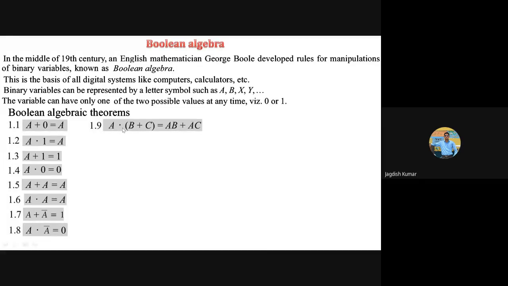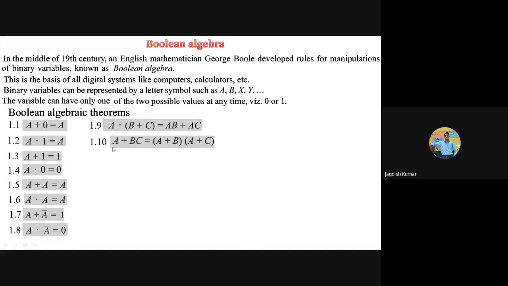So what will be the corresponding theorem? Now let us apply that idea. We replaced AND with OR and OR with AND, right? So what will be the result? The result is going to be this. A or (B and C), this OR now replaced with AND, is equal to (A or B) and (A or C). Here was AND, so this now became OR, and this OR became AND. That's it. That's how we can very easily get the other theorem from one. So you have to remember one half of the theorems. The other half will follow automatically from this.